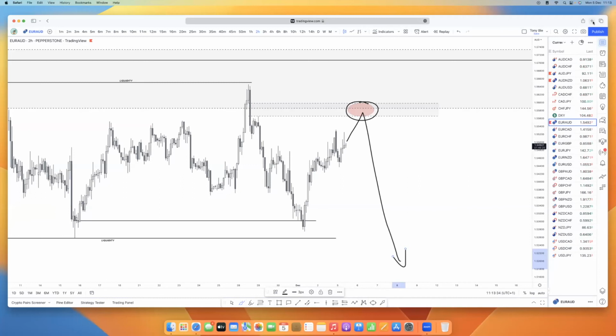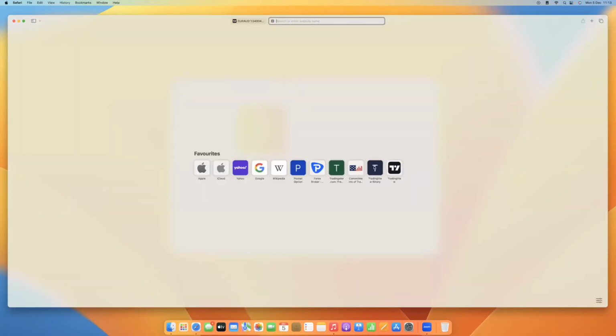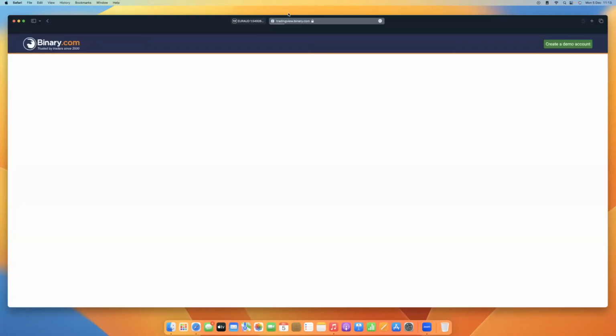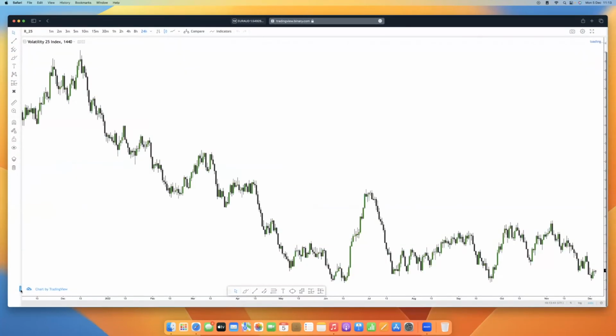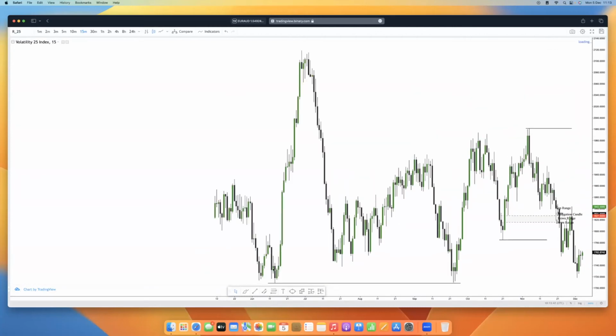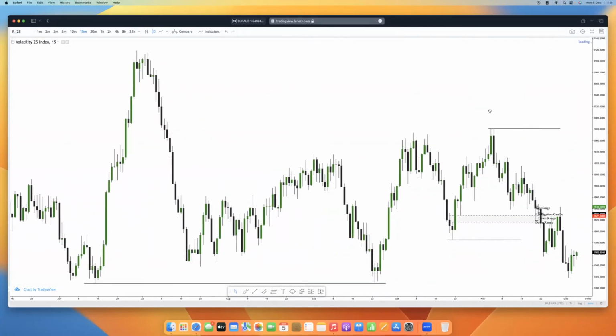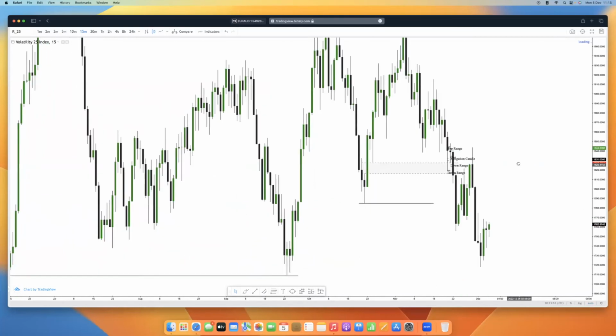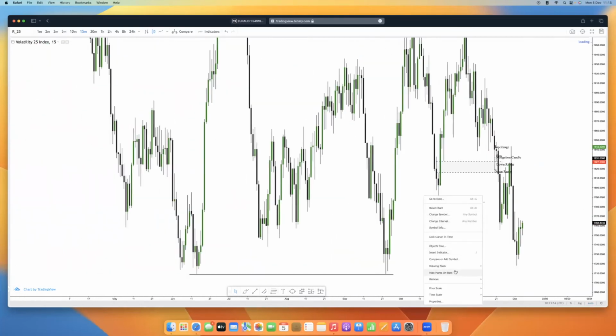Okay, so now let's switch to synthetic. So we're going to start with VIX25. VIX25 is doing something very interesting. Thank God we saw it early. All right. Let me delete everything.